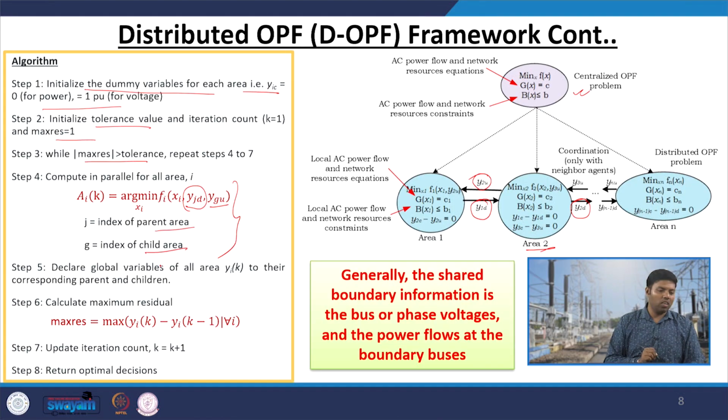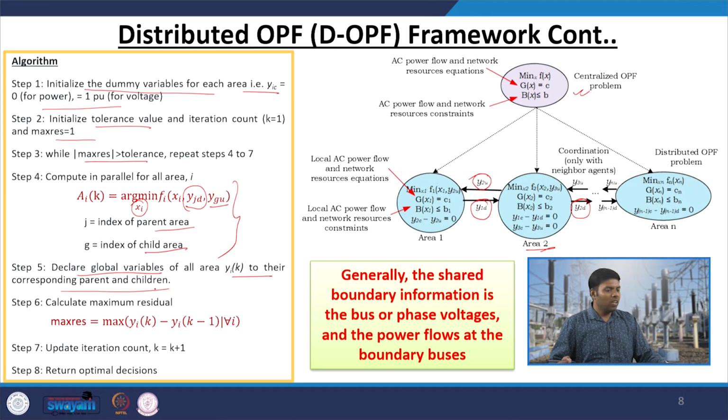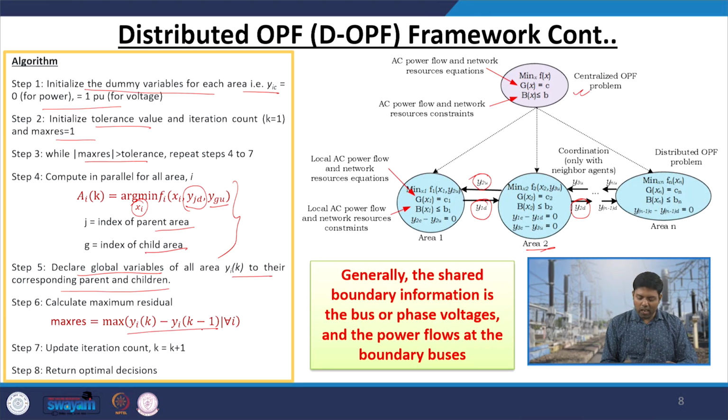If you get that, you get your local solution. Then you share the global variables with your parent and children. That means with the connecting buses, you share that value with your upstream and downstream area, and then calculate whether